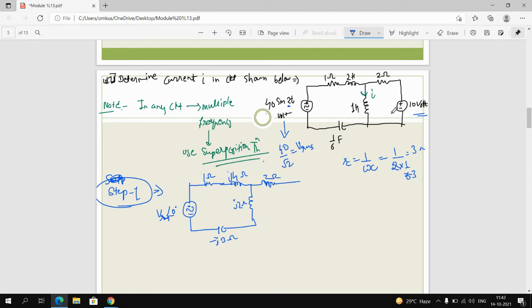When I deactivate this VDC, you need to short circuit that. When you short circuit this, your circuit looks like that, and in that case you need to find out the value of current. So when you solve this current, you will get I1. I directly write here, you have to solve this circuit. Okay, so 10 at an angle of -90 degree divided by root 2. When you solve this, you will get this value.